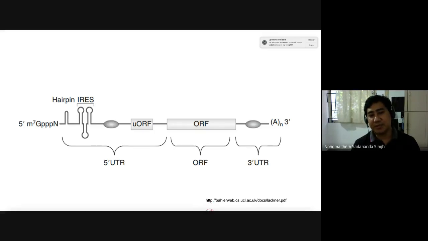So what happens is that many times, especially in the viral RNAs, and of course in the human genes also, there are IRES elements, and many of the RNA or plus